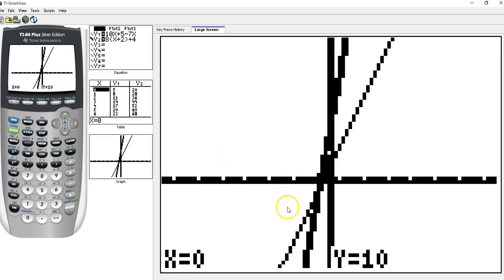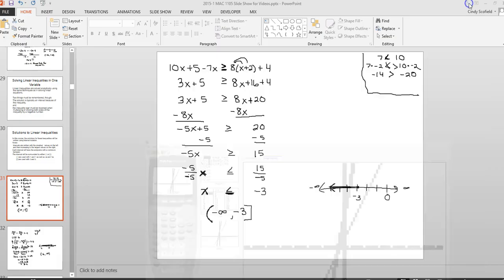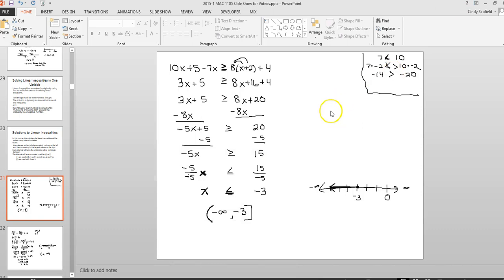Okay. So down here, and before you get to the intersection, the thinner one, the y1, is hanging out higher than or above the thicker one, y2. And that's what we want. So when you're thinking about the graphs here,